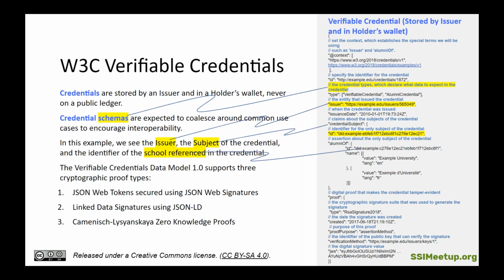So you can see we have all the various information. I've highlighted a few of these things in yellow. I'm not going to go through too much detail about it, but it basically talks about the identity of the issuer, the identity of the subject, and it has additional detail about things like what information is contained in this